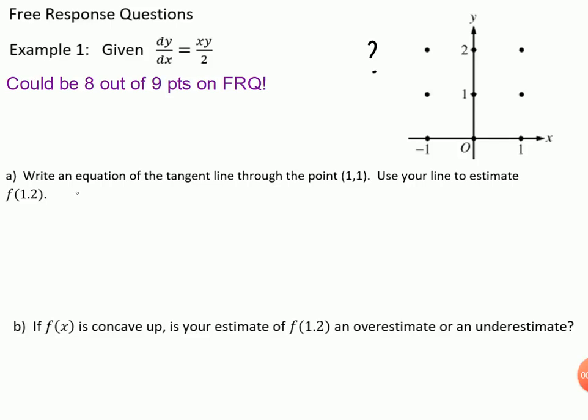But anyway, let's start, okay? How can we sketch this slope field? We know how to sketch the slope field because we can plug in all these points. If we plug in 0, 0, that's 0 times 0 divided by 2, which is 0 right there. If I plug in 1, 0, multiply those two numbers together, you get 0. Again, over 2 is just going to be 0. And over here, same thing: -1 times 0 is 0. So that's going to give me